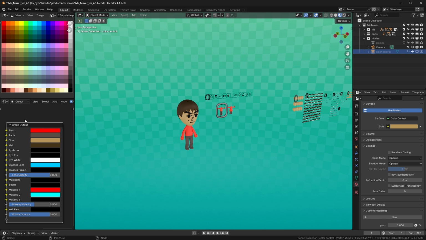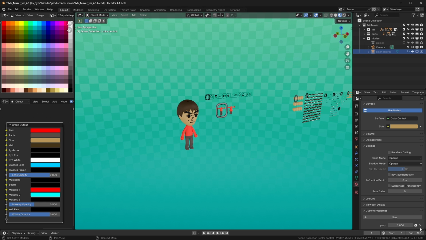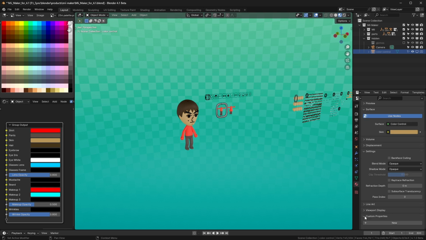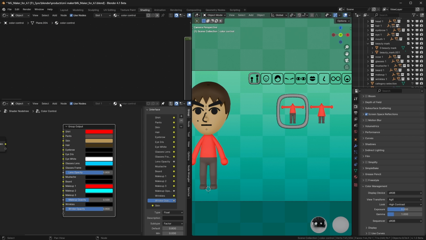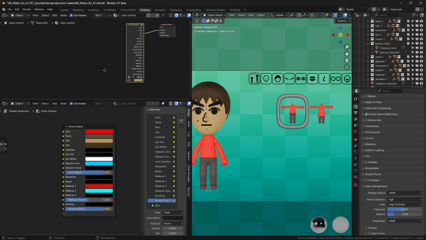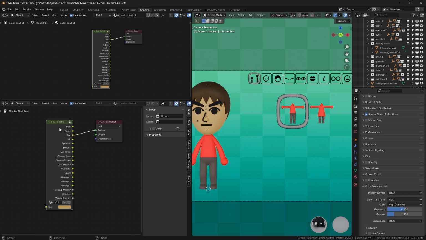You can't just use a driver for the color. You have to use drivers for each individual hue, saturation, value, and RGB. They're actually different ones. So if someone switched between RGB and HSV or hex or whatever, then it wouldn't work right. And it was much more annoying to set up. So I scrapped that idea and basically just went to this method right here, which is just a node group